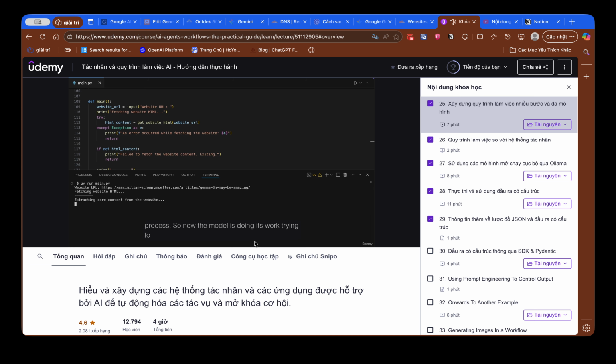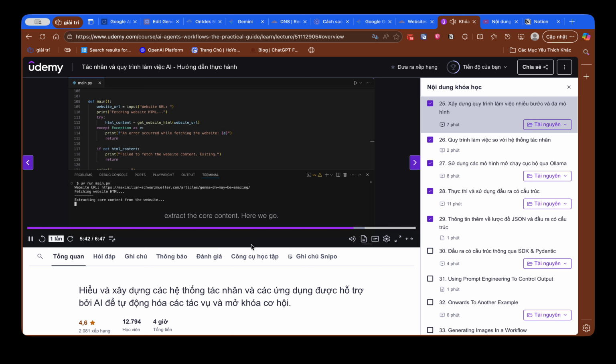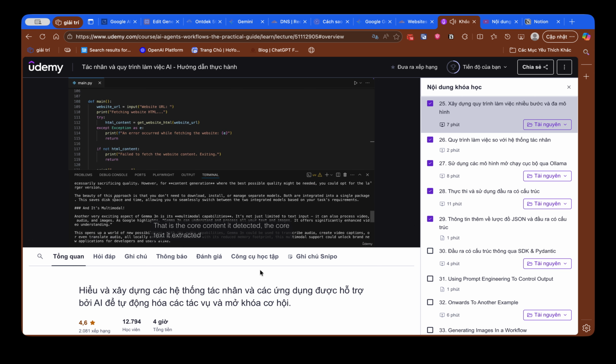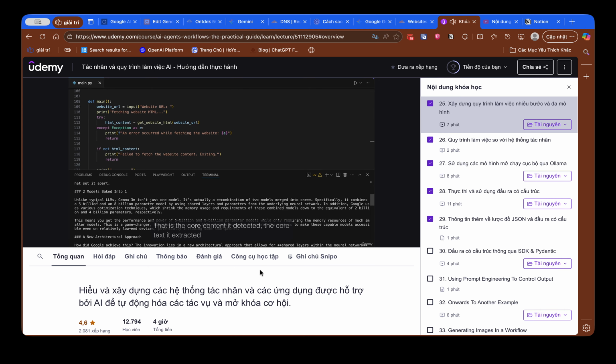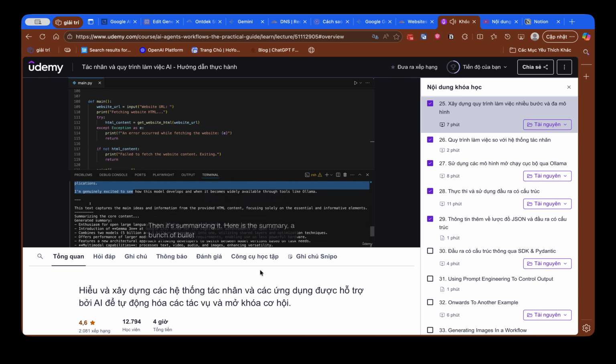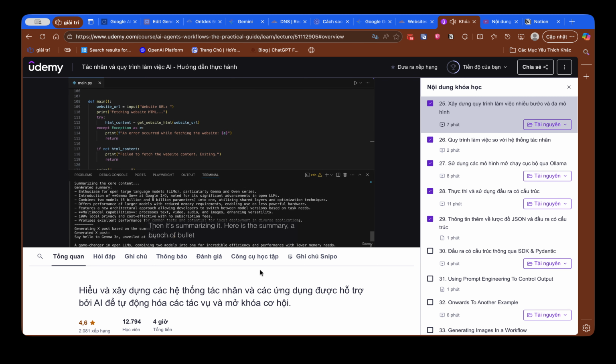So now the model is doing its work, trying to extract the core content. Here we go. That is the core content it detected, the core text it extracted from all that HTML code. Looks pretty good to me. Then it's summarizing it. Here is the summary, a bunch of bullet points, because in my prompt I told it to prefer bullet